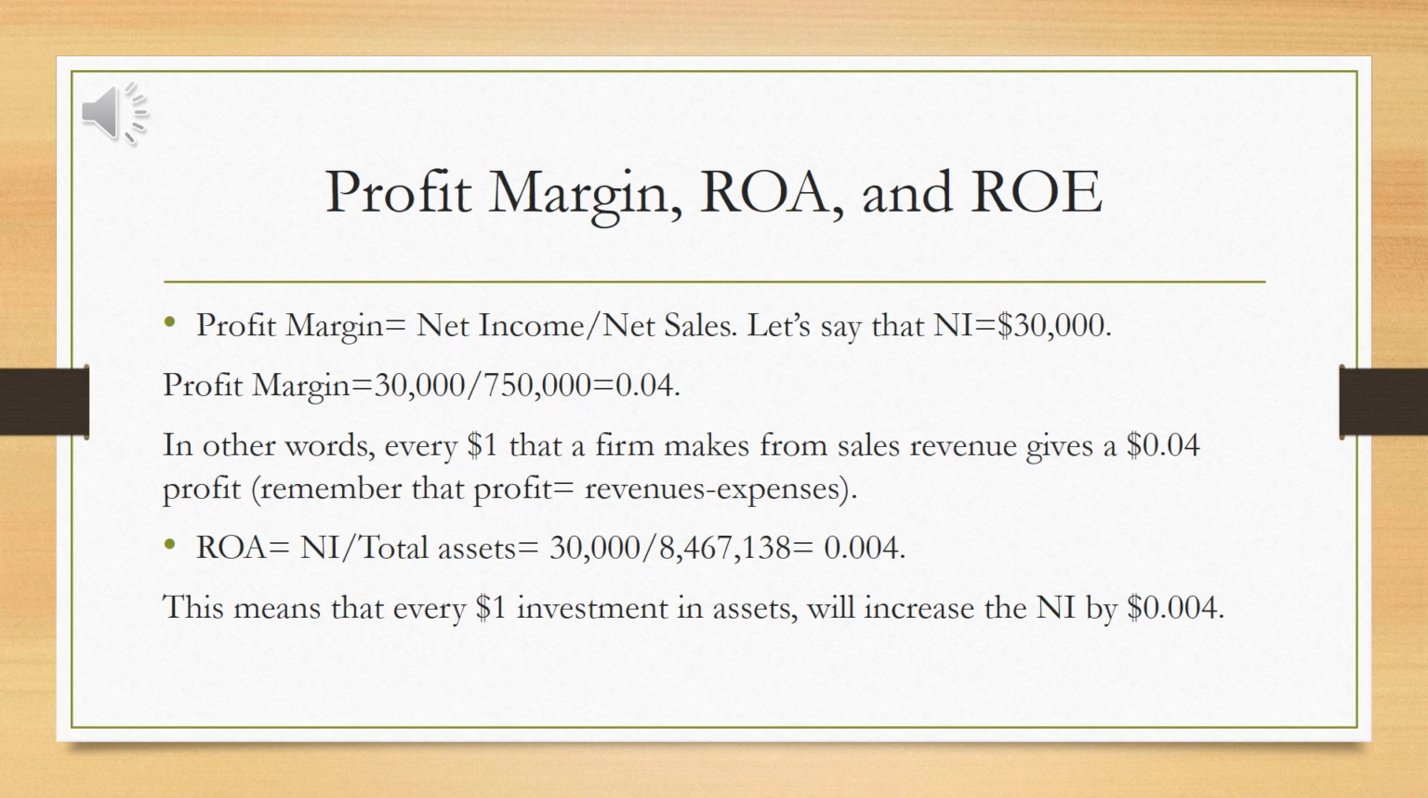Return on assets equals net income over total assets, which is 30,000 over 8,467,138, which is 0.004. This means that every $1 investment in assets will increase the net income by